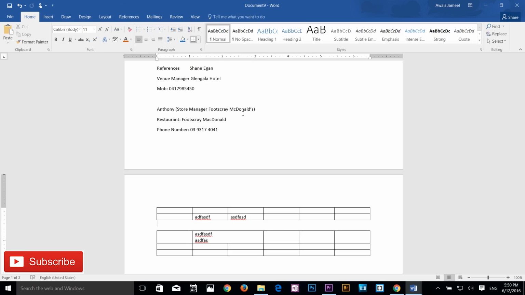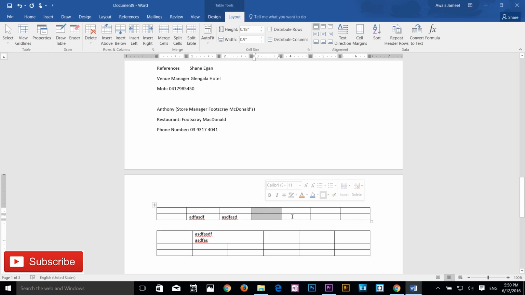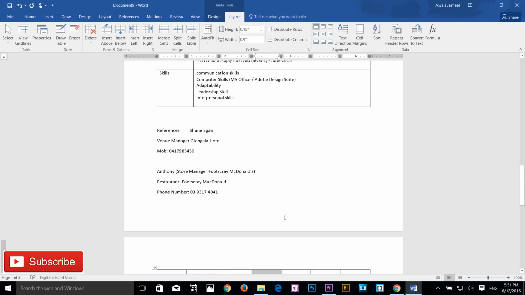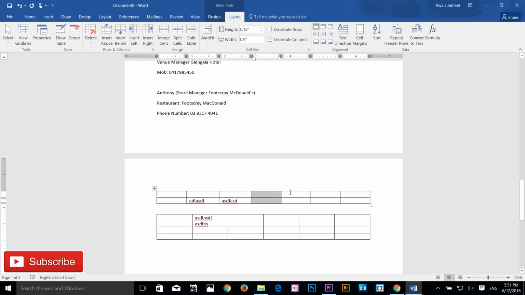If I want to split the table, as you can see, that table is different now and that table is different now. Let's say I take my cursor to the corner of those lines, and I see that plus sign. What it does is basically if you click here, it's going to add another row. And if you take your cursor to the left down here, like here,